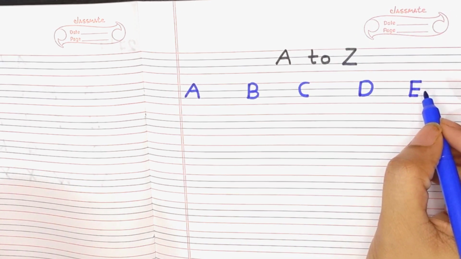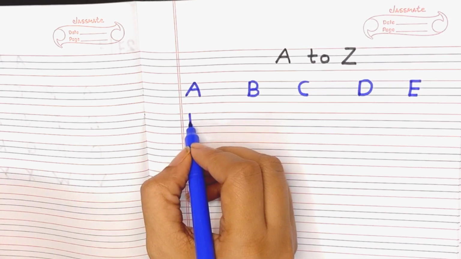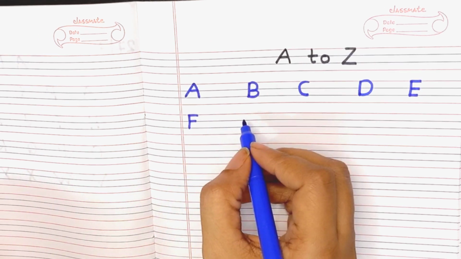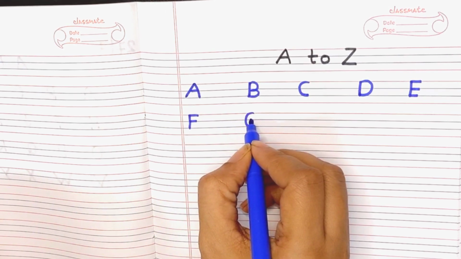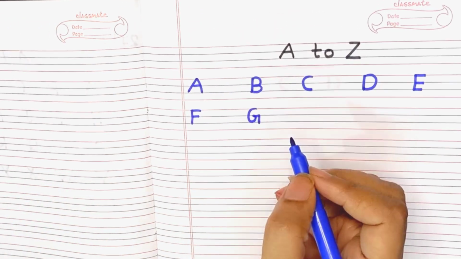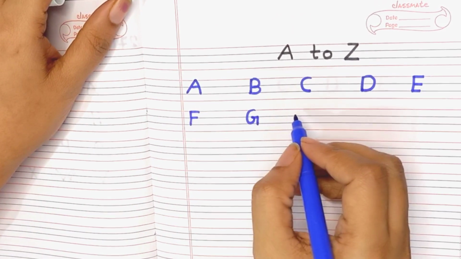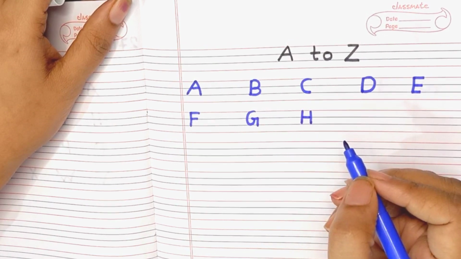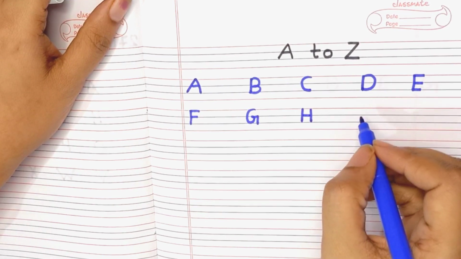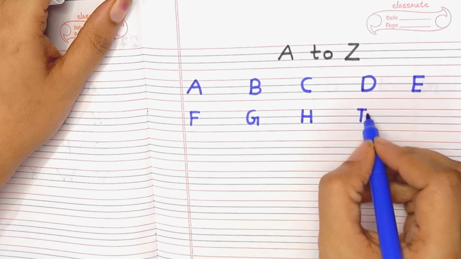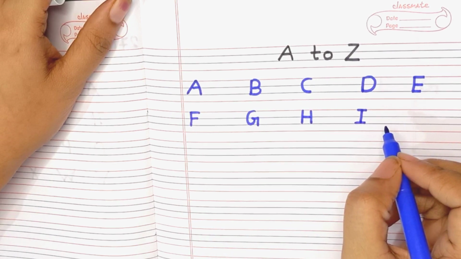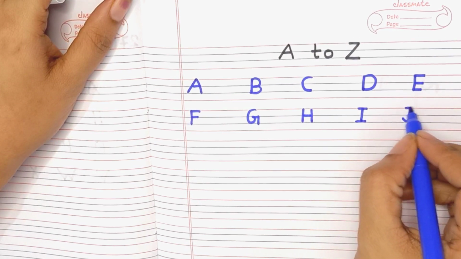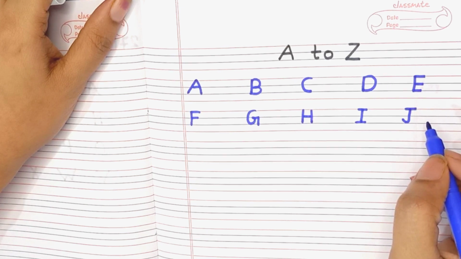E for elephant। F for fish। G for girl। H for hand। I for ice cream। J for joker।